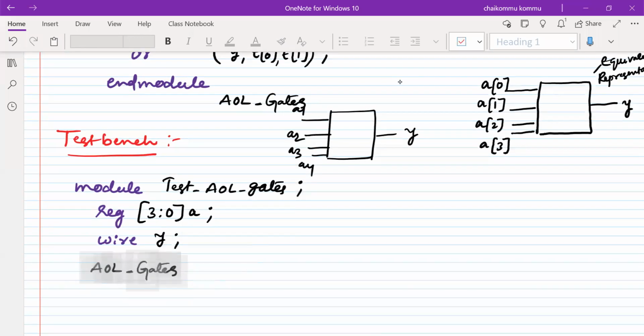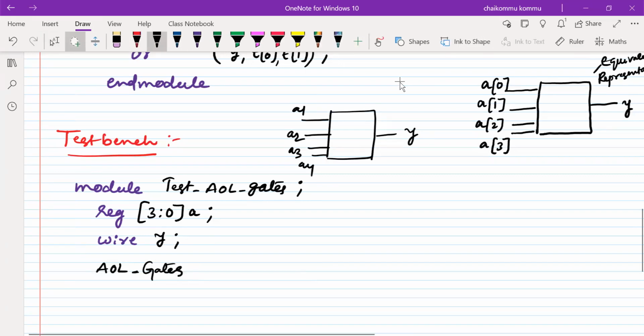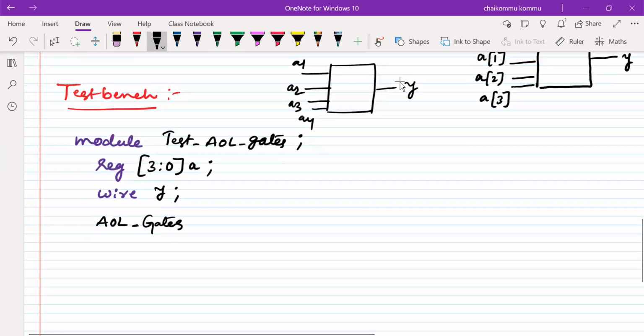Same name, that one we have to use, don't forget. Okay, same name that I have to use. Now, this is actually a module, right? This is a module, therefore I'm going to write M1. Previously we wrote G1, G2, something like this, but this is a module, therefore we are writing it as M1.